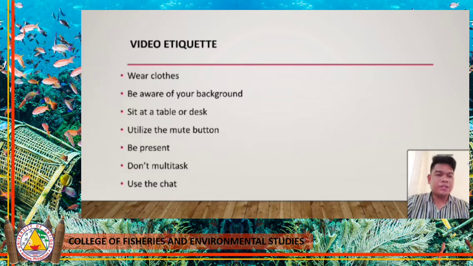Utilize the mute button. Unlike being in person for class, with virtual meetings, these things can be way less distracting because no one can hear you if you are muted. Standard practice is to mute your mic unless you are talking. If you don't have headphones or earbuds, the sound coming out of your computer, as well as ambient noise from your surroundings, will get picked up by the microphone, causing feedback that keeps everyone from hearing well. Just remember to unmute yourself when it's your turn to speak.